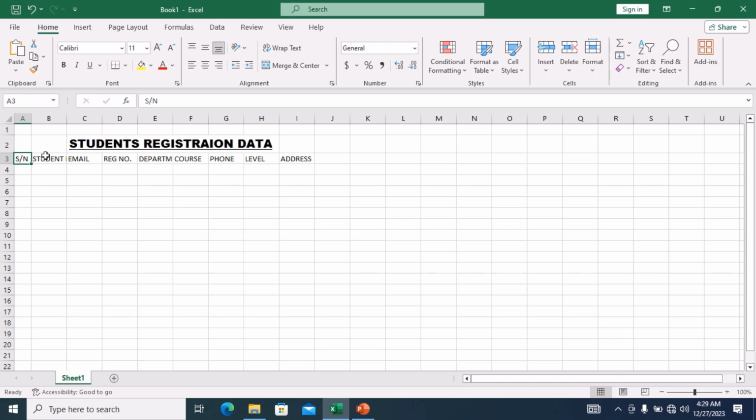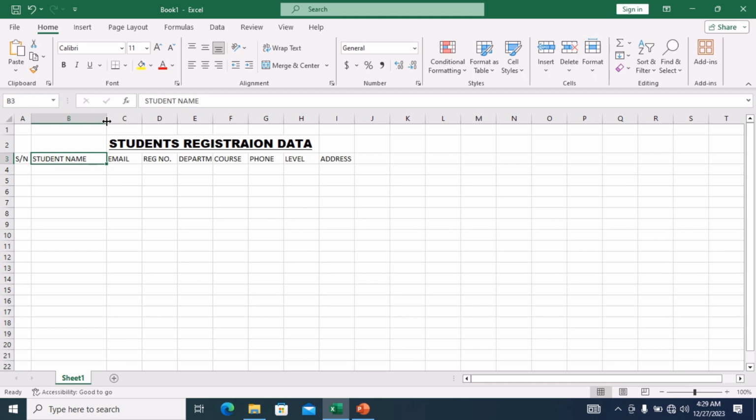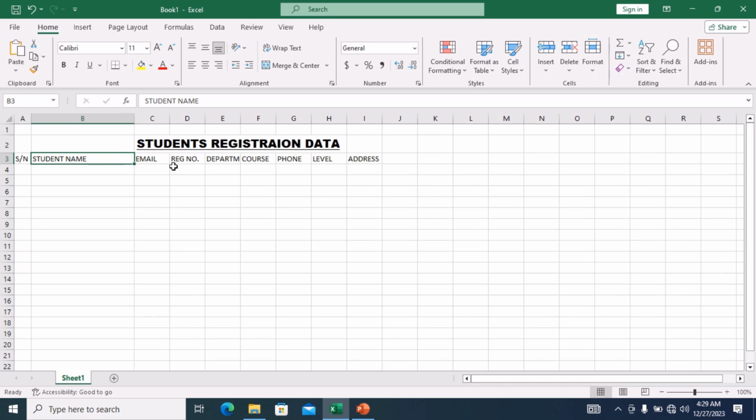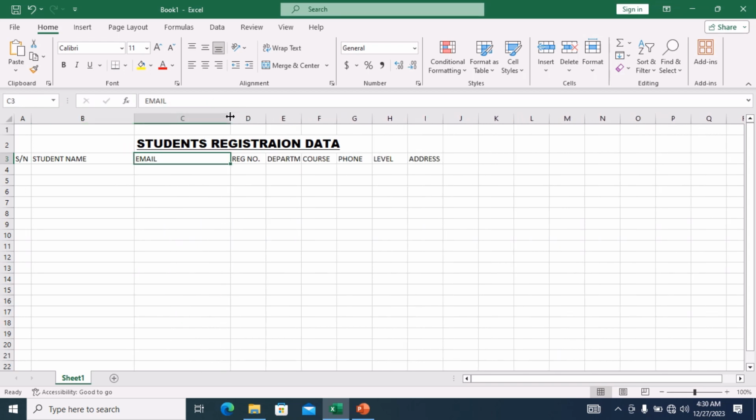And we have student name. So I take my mouse here. Let me expand it so that the data will be less stress. And email address too,